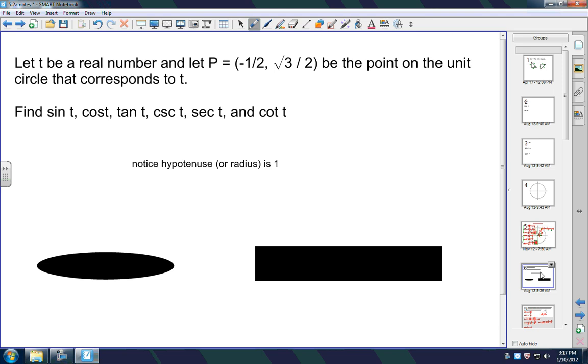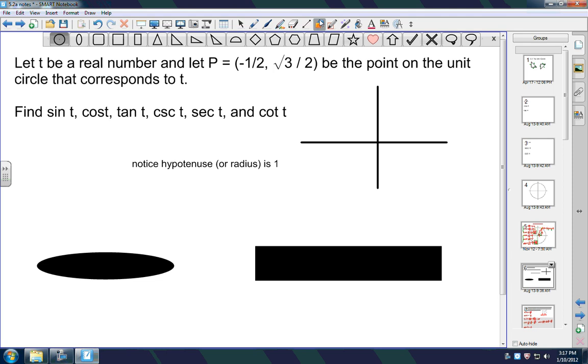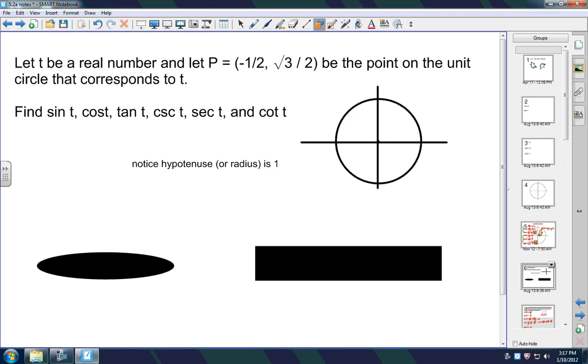Let t be a real number, and let p equal -1/2, square root of 3 over 2, be the point on the unit circle that corresponds to it. And I want you to find all 6 of those. So what we can do, you can consider there's your xy axis. You can go throw a circle in. Now this isn't necessary every time, but getting us set up, it'll be real helpful. Okay? So this point is on the unit circle. That's the key. And it's at -1/2